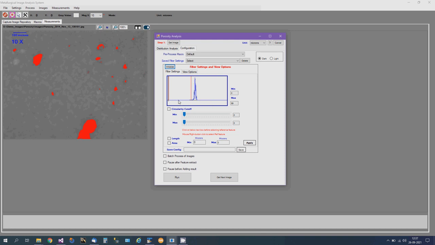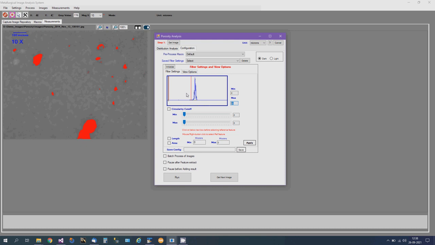You can see that there are a very small number of pixels in this area, a lot of pixels in this intensity area, and very few or no pixels in the pure white. If you look at the image, you can see that there are no pure white areas, whereas there are dark areas that were selected. The leftmost area is perfect black, the rightmost area is perfect white. By default it has done a selection of 0 to 99 intensity, and the red color marks the pixels which have an intensity between 0 and 99.